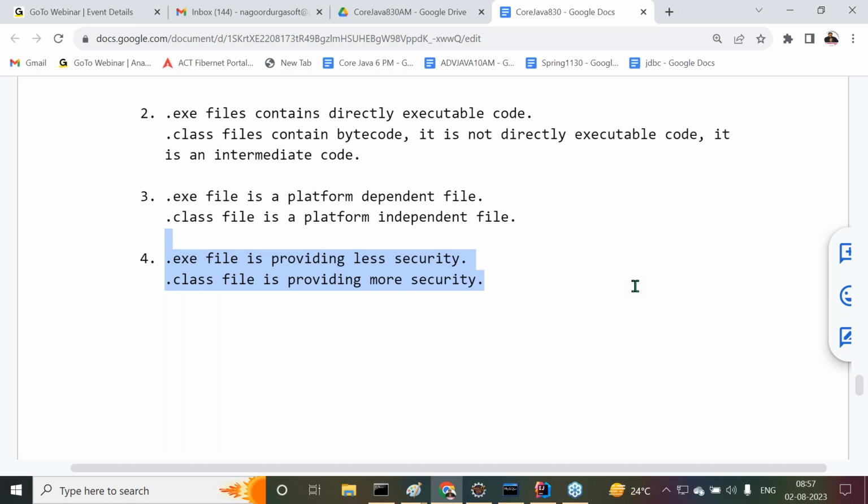As per the language specification, we can conclude this point here. But apart from this, one more point I can specify. Try to understand this another point. In general, if you observe outside and compare the .exe and .class file, if you observe outside,